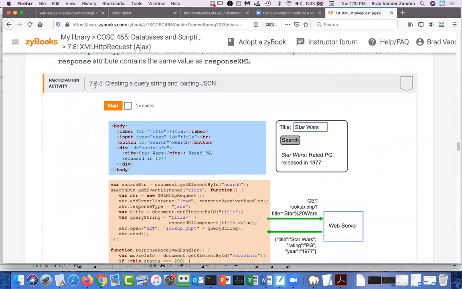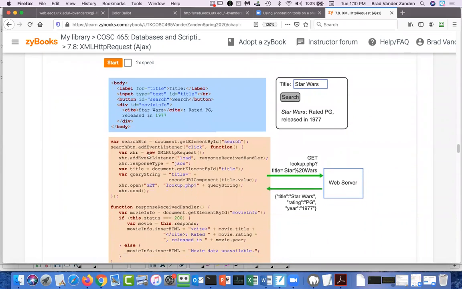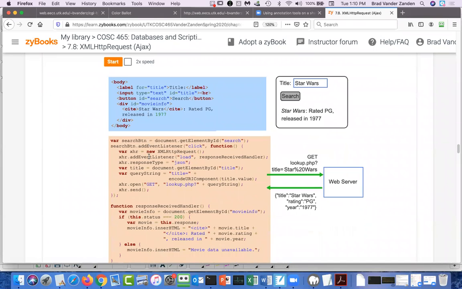So it's participation activity 7.8.5. This is a really good template to use for writing your 2 functions that are going to do your AJAX calls.